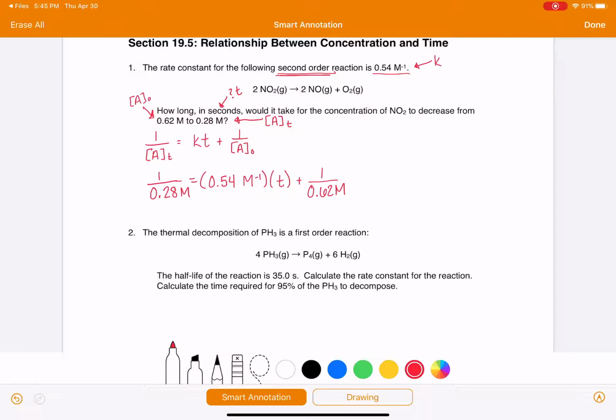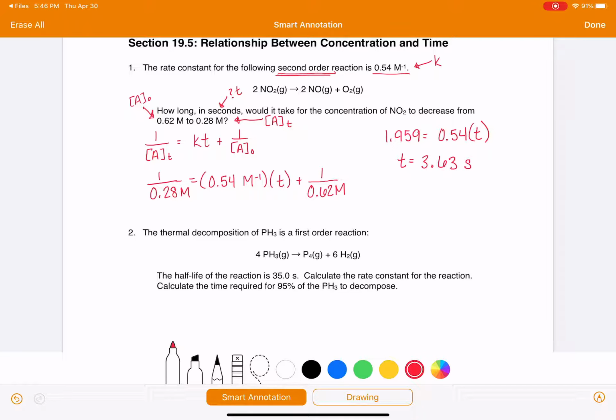So now we just have to solve for t. And I think what I'm going to do to solve for t, I'm going to do the 1 divided by 0.28 and subtract from that 1 divided by 0.62. And that gives me 1.959 is equal to 0.54 times t. Look, I just dropped my units like they were never even there. 1.959 divided by 0.54, and so we get a time of